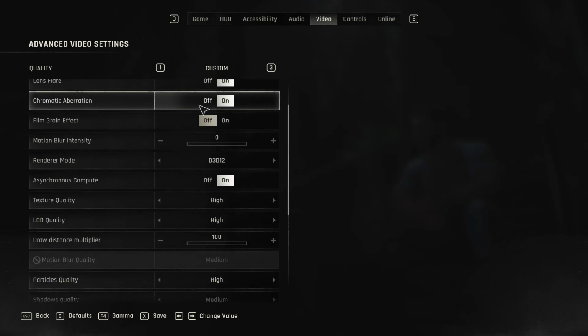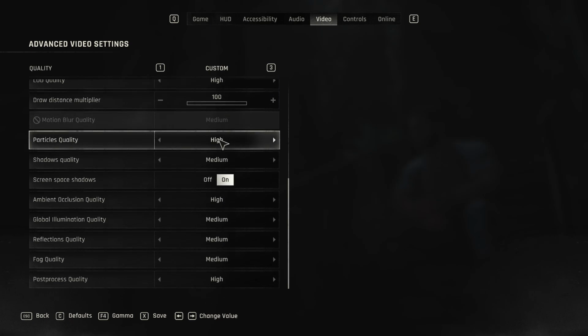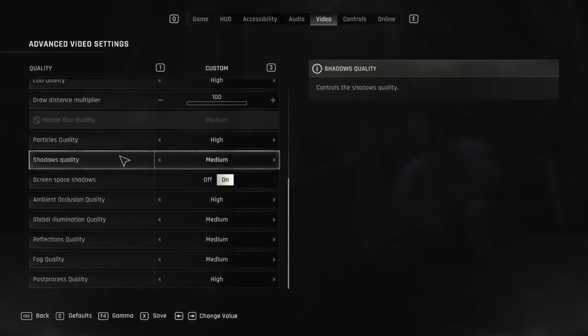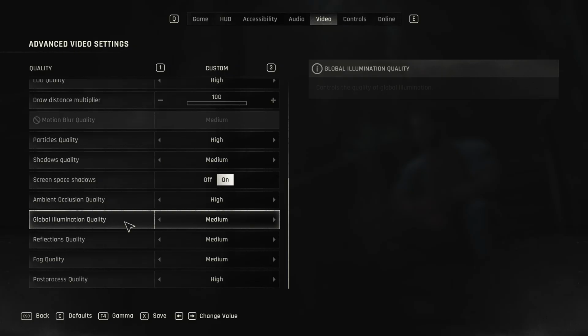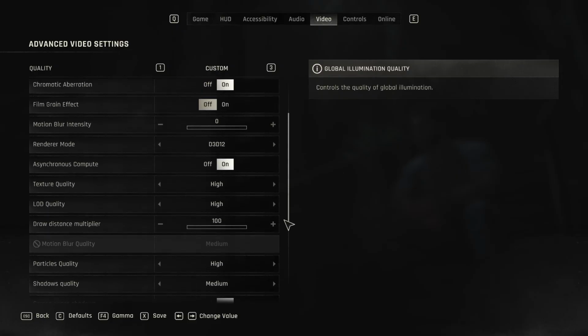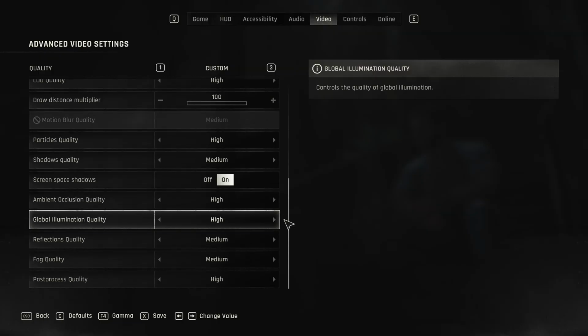Now in these settings we have to scroll to the very bottom of options and find the global illumination quality. In here it controls the quality of global illumination, so you can choose from low, high and medium, depends on your preferences. Obviously if you choose a high then it's the best for visual effects, but if you have a